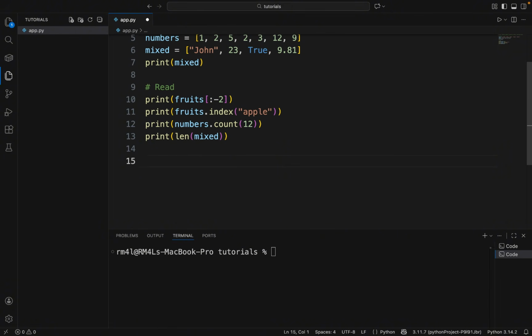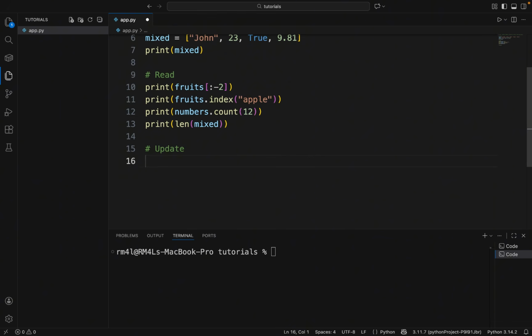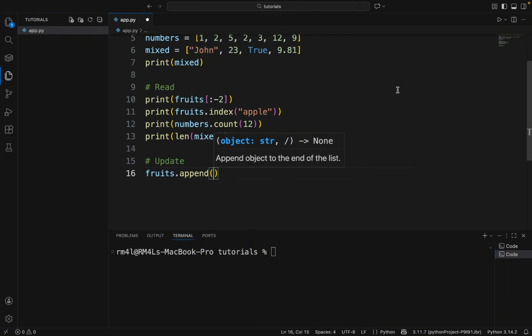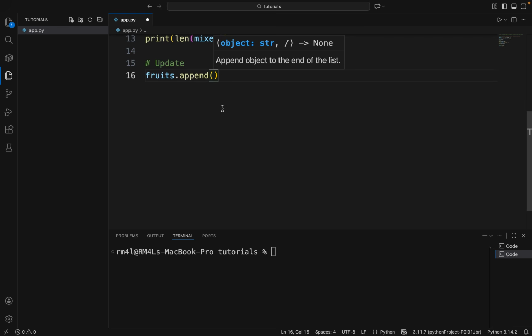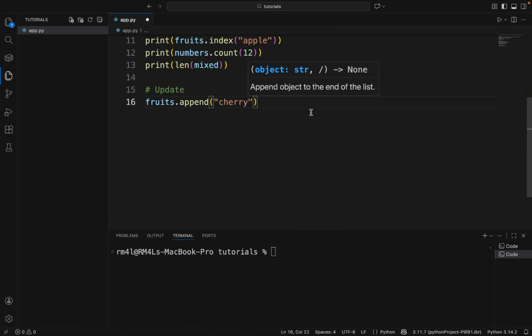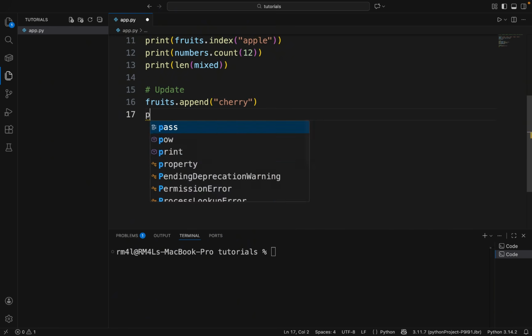So let's see other ones. So we can update this list. How can we update? You have a bunch of methods. So you can append to this list. So I can add one more fruit here. Let me say I want to add cherry. So I can add cherry. So if I print fruits now,